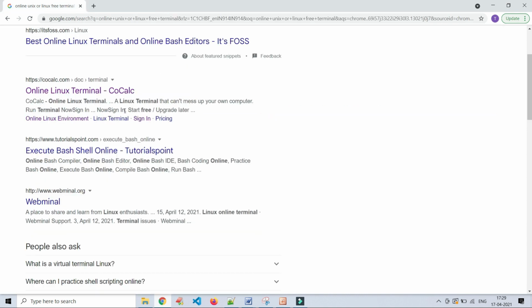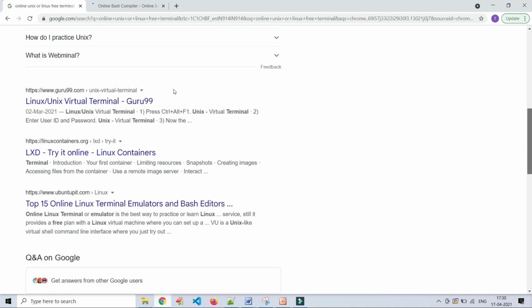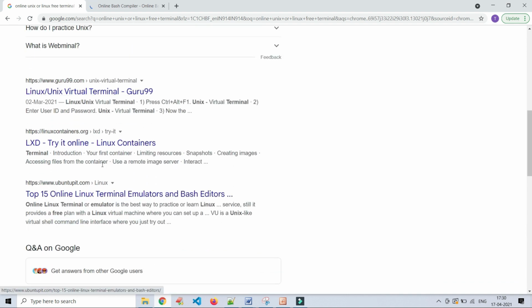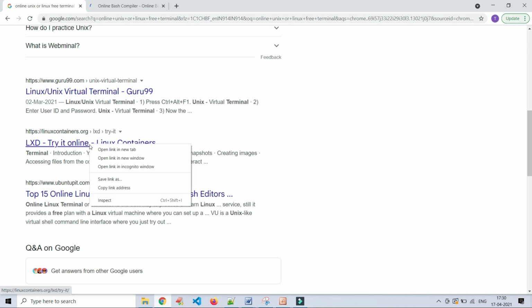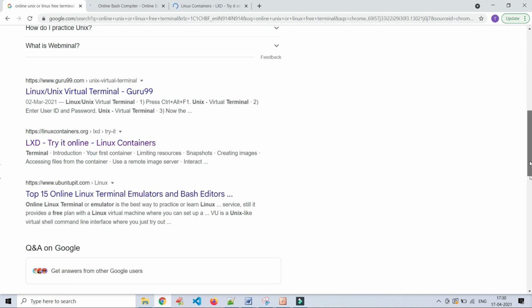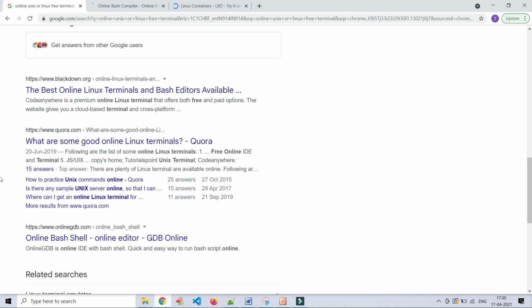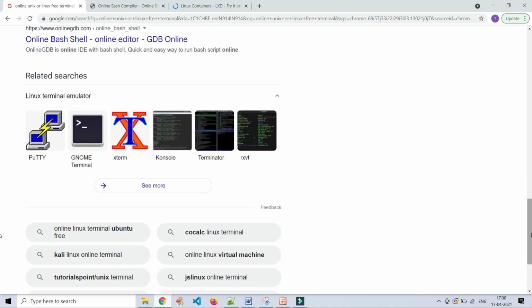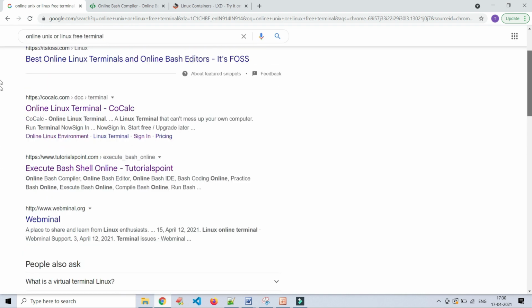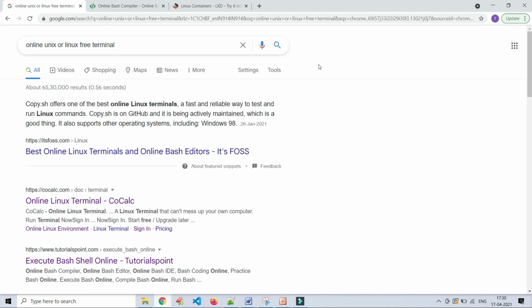In the same way, we have Tutorials Point execute bash shell online, Webminal at webminal.org, guru99.com, and linuxcontainers.org. We have many terminals like so. If you explore with the same search string, you will get any number of options and websites to sign up and practice.